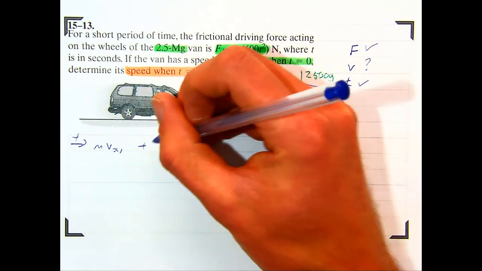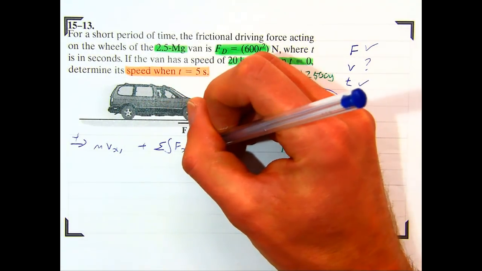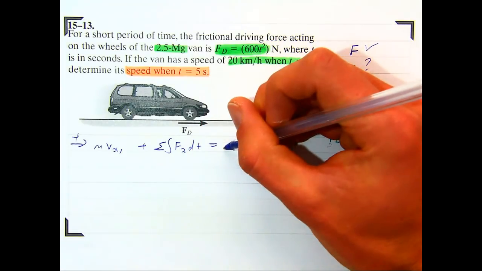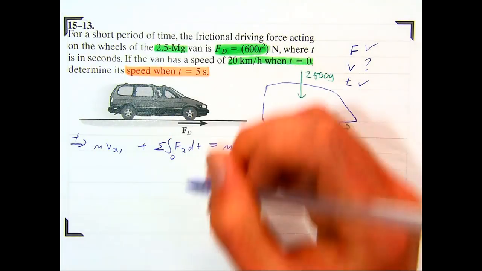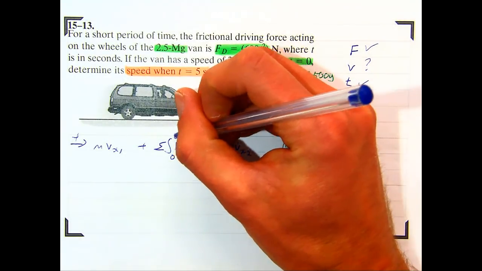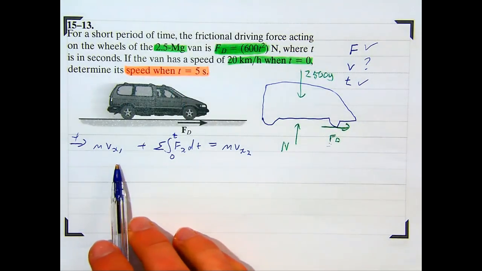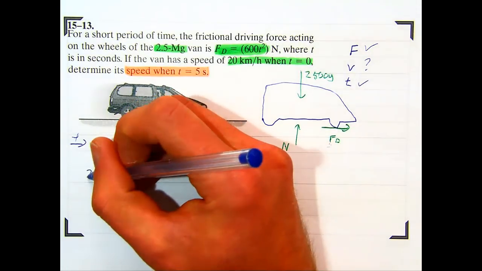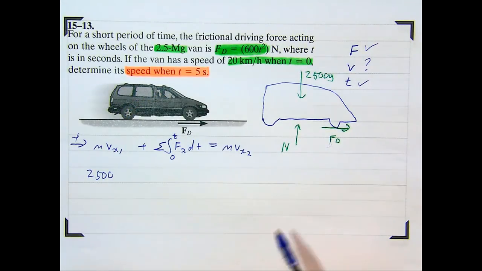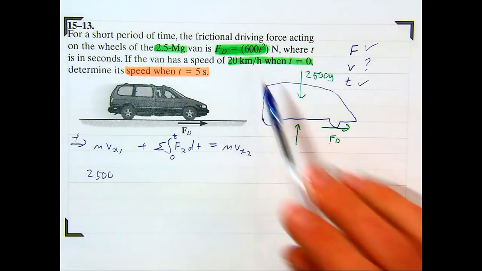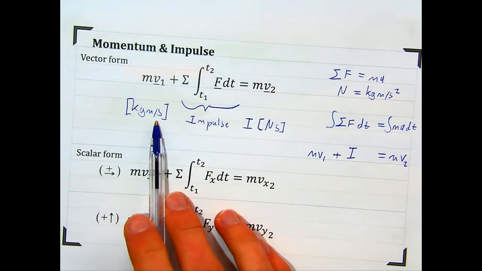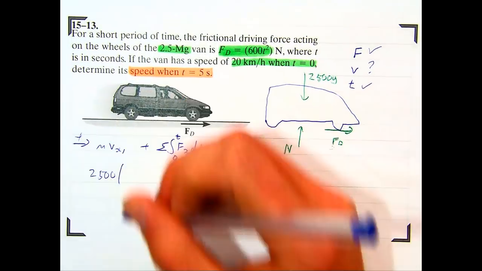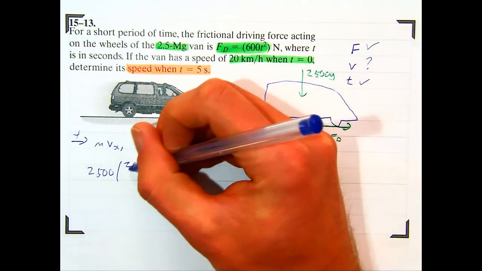mvx1 plus the impulse in the x direction is equal to the final momentum in the x direction, from the initial time 0 to the final time t. Then we fill in all the parameters. It is 2,500 kilograms, and the initial speed is 20 kilometers per hour. Now remember that the units over here should be meters per second, so we should convert the speed from kilometers per hour to meters per second, and that gives us 20 over 3.6